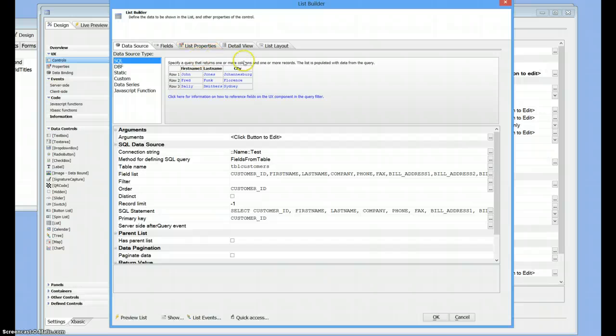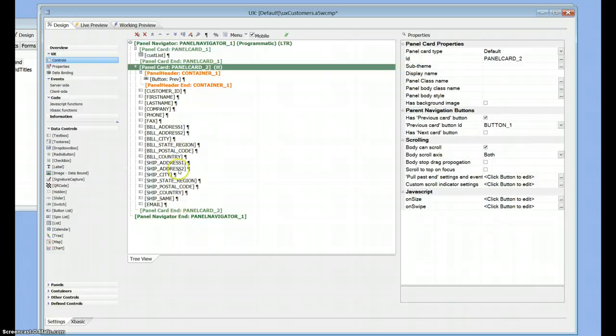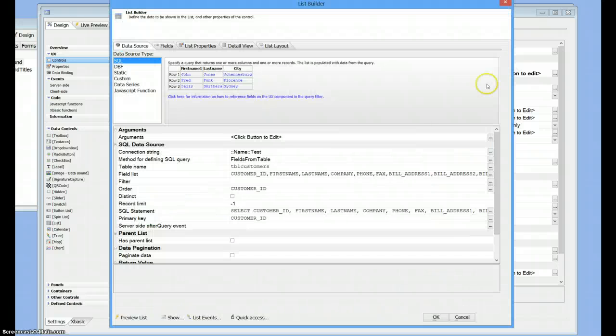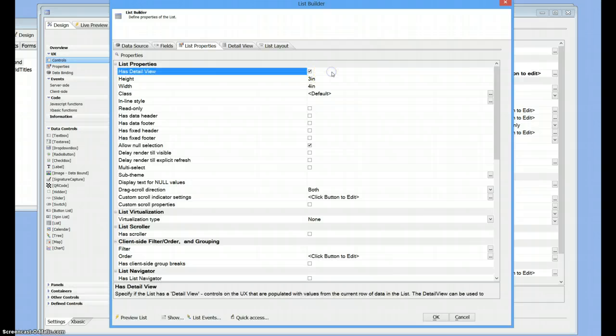It's a panel navigator, and a couple of panel cards. And in the first panel card, we've got a customer list. It's based on a SQL table, and I'm pulling in all the fields. In the list properties, I've got the has detail view property checked on, and